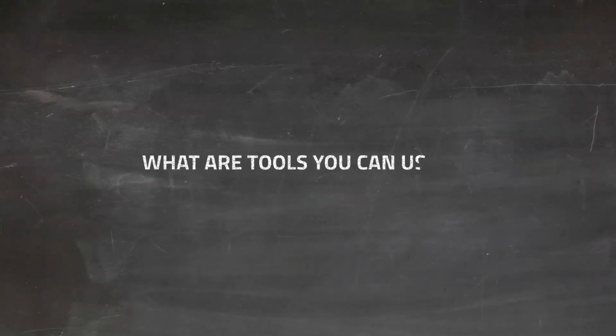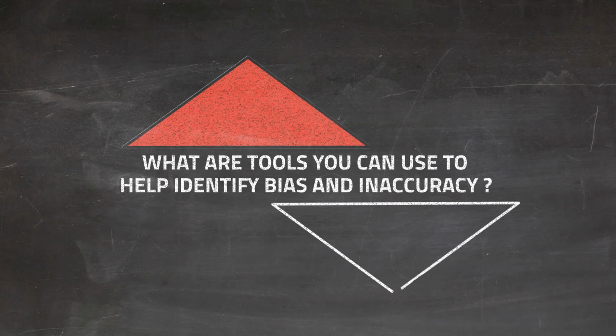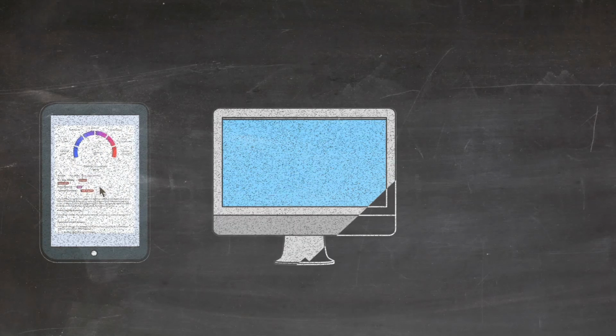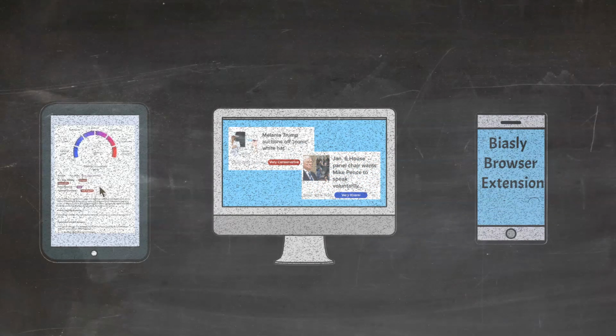Finally, what are tools you can use to help identify bias and inaccuracy? Though the internet can often be a scary place, filled with misinformation, it can also be a place of ingenuity and resources for confronting these very issues. Biasly is one of these resources, specifically dedicated to identifying the biases of news sources and evaluating them for how